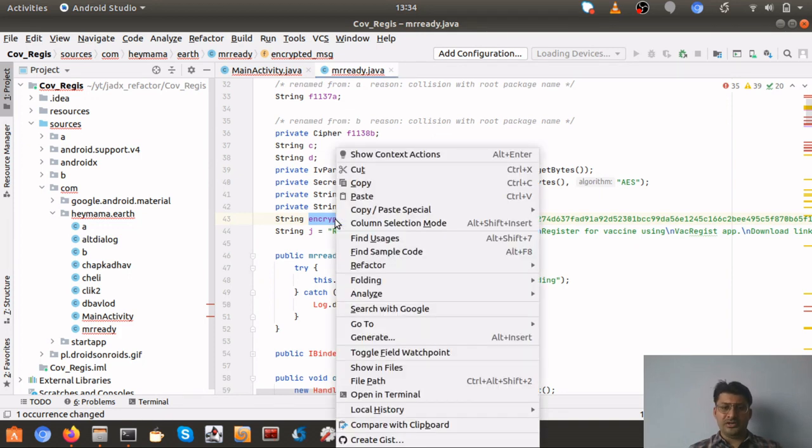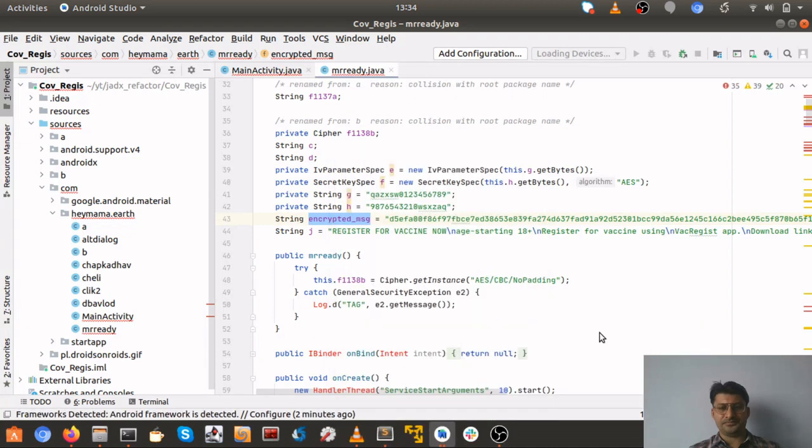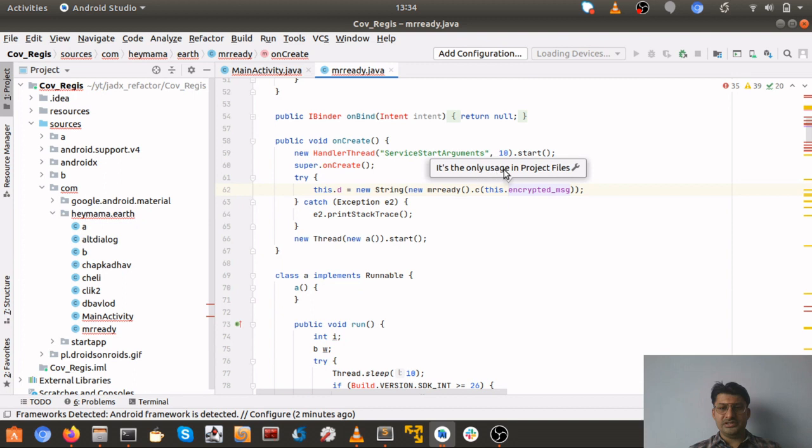So let's go ahead, right click it and go to declaration or usages. As we can see, it's only here that it's being used. Okay, so it is being used somewhere.